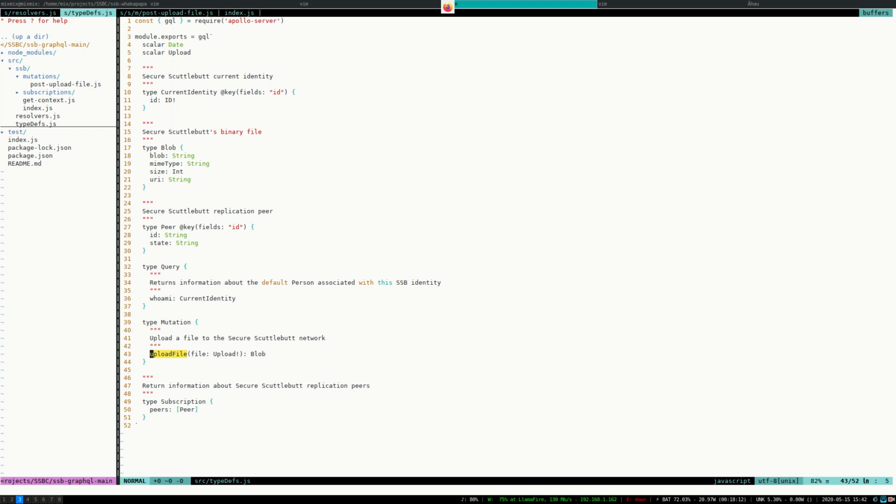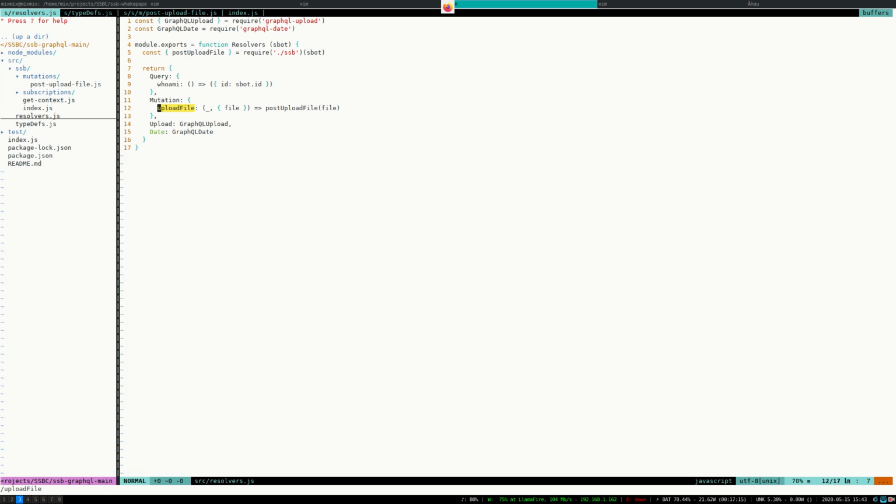Now this functionality is provided by another module written by someone else. So upload file has type upload, a scalar upload has been declared. Now this just tells you what types this mutation deals with, what comes in, what should come out. The resolvers file is where we see how that is handled. So an upload file, that mutation endpoint,